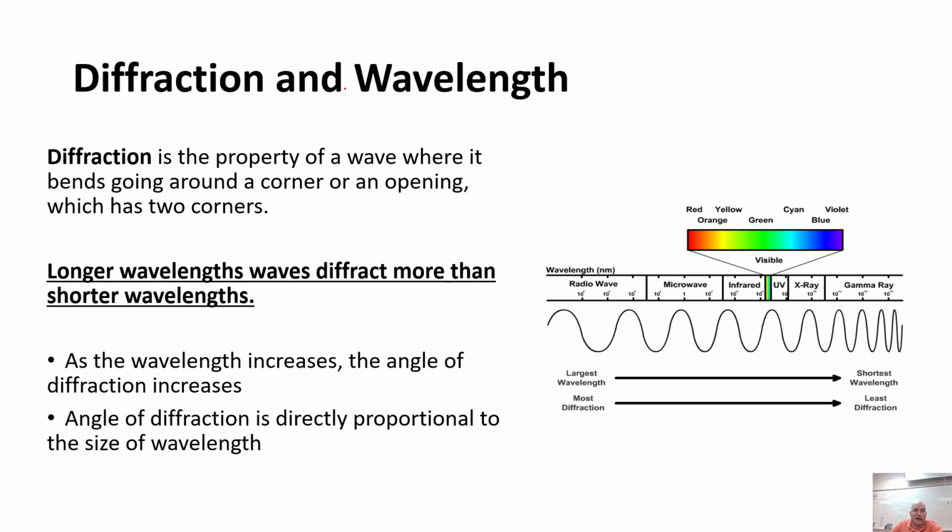And when we talk about diffraction, wavelength is going to matter, especially when you're talking about the different waves of the electromagnetic spectrum or light in general. Longer wavelengths diffract more than shorter wavelengths. So let's take a look at the colors of light specifically. Red has a longer wavelength than violet, and therefore, the longer the wavelength, the more diffraction you're going to see in red versus violet over here, which has a shorter wavelength or a higher frequency.